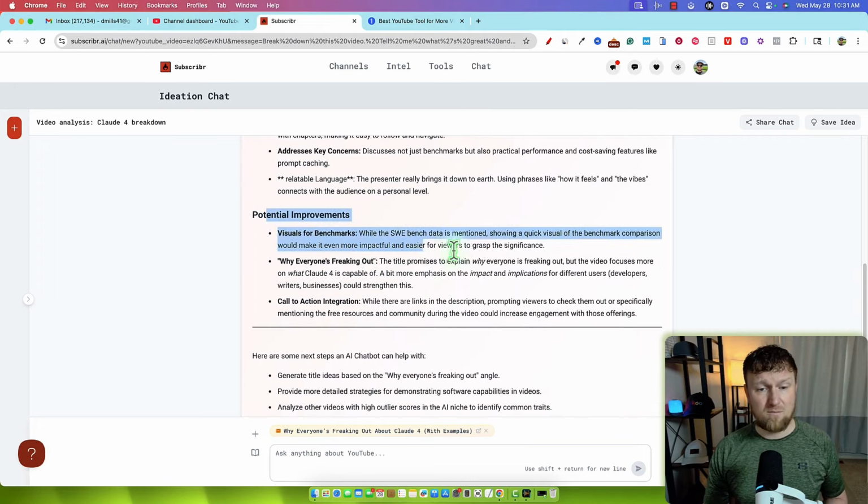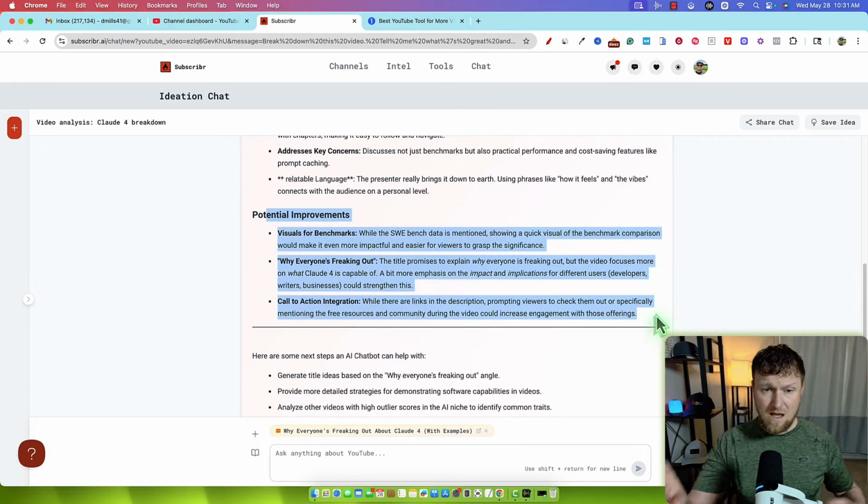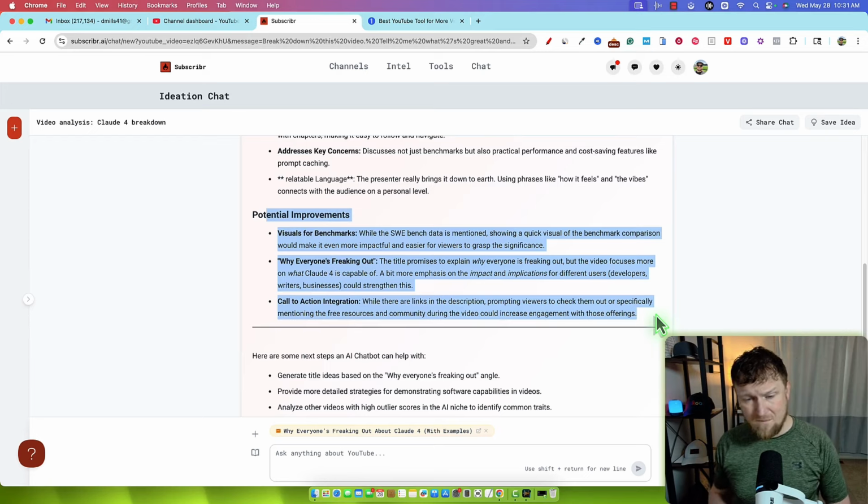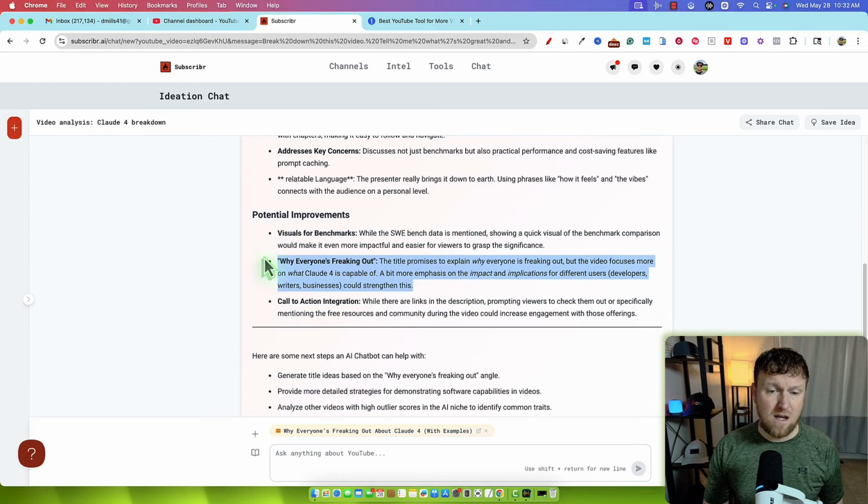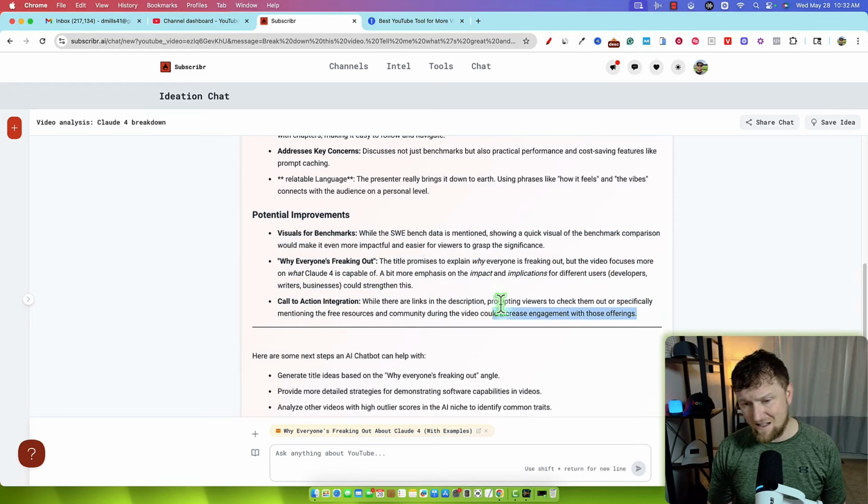But here are potential improvements, right? We could create our own video to touch on some of those other things for benchmarks. While the SWE-bench data is mentioned, showing a quick visual of the benchmark comparison would make it more impactful. The title promises to explain why everyone's freaking out, but the video focuses more on what Claude 4 is capable of. A bit more emphasis on the impact and implications for different users, developers, writers, business. So that could be an entire video right here. And then the call to action, while there's links in the description, prompting viewers to check out them, blah, blah,